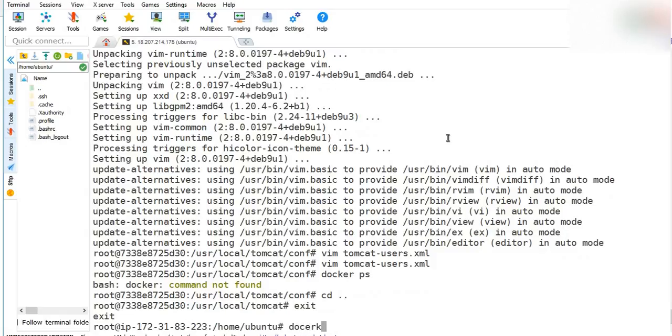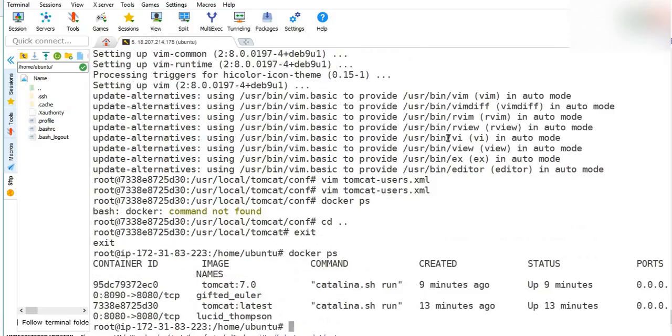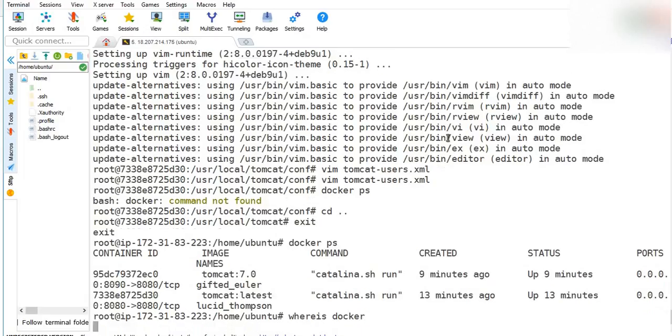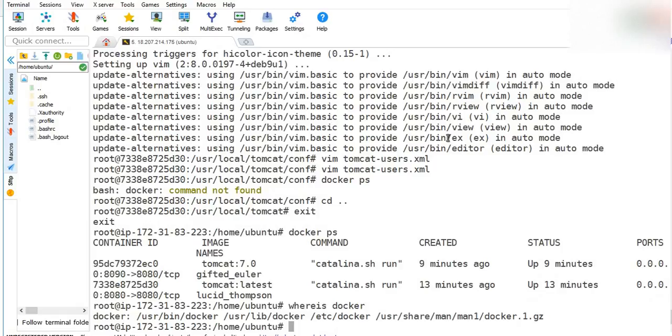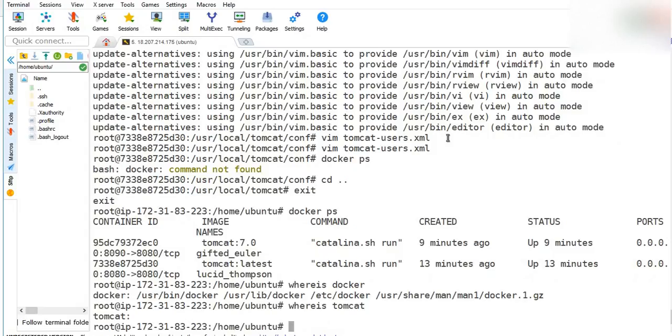First run docker ps. Where is docker now? That command will show you where the Docker installation is. But now if I want to see where is Tomcat, is it going to show that? No, it's not going to show, because Tomcat is not on my local. On my local, I have not installed anything. On my local, I have installed Docker. That created the container. So that is the level of isolation I have here.